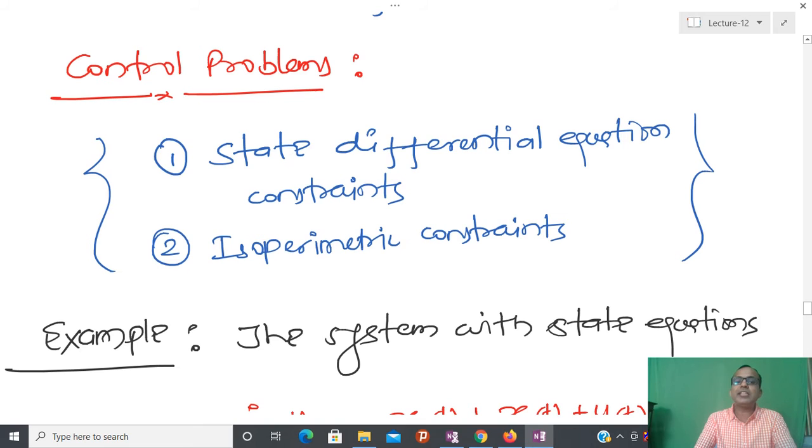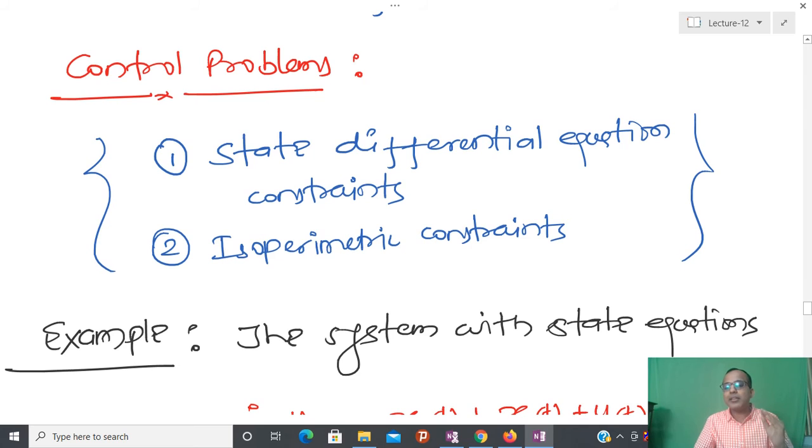But if you see, the control problem basically contains two different classes of constraint. What I have told you is that whenever I have some kind of physical system, we represent the system using a differential equation. And the differential equation is nothing but a process which is going to follow that particular differential equation. It means that the process is constrained to follow that particular differential equation. So we have one set of constraints in the form of a differential equation.